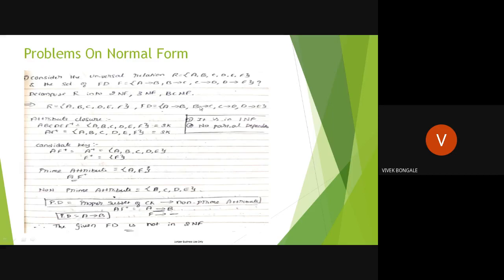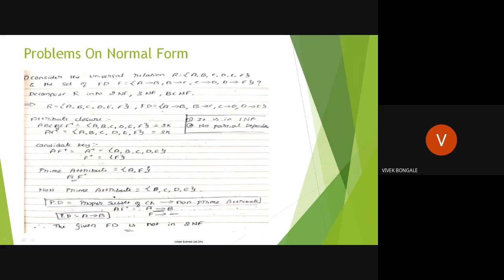Next, with the help of C, I can determine D, which means with the help of A, I can determine D also. Same transitive dependency. So I'm going to discard this D also. B, C, D, I can determine all these three values with the help of A, with the transitive dependency. Correct? So I don't need this D, C, B. These are all extra dependency, or extra attributes in the dependency. So I am removing all those things.